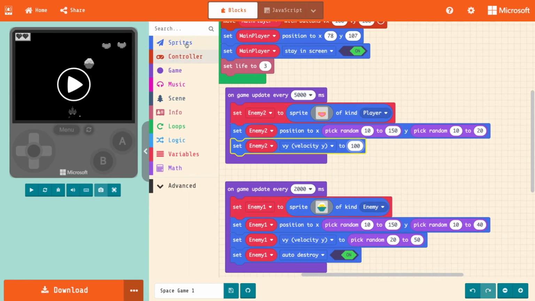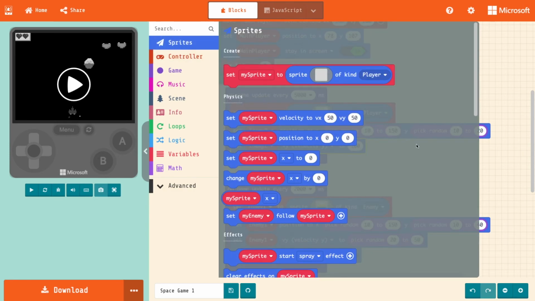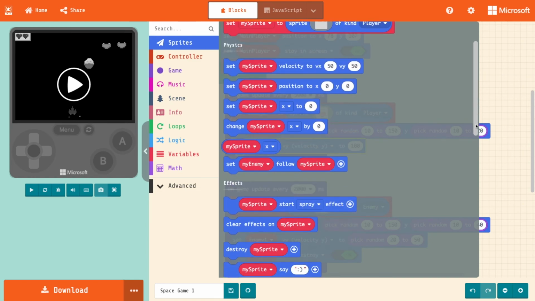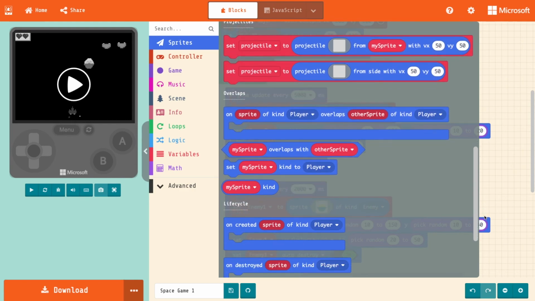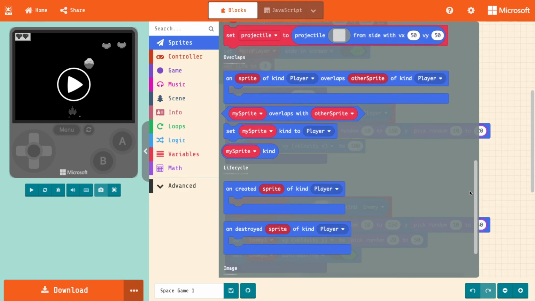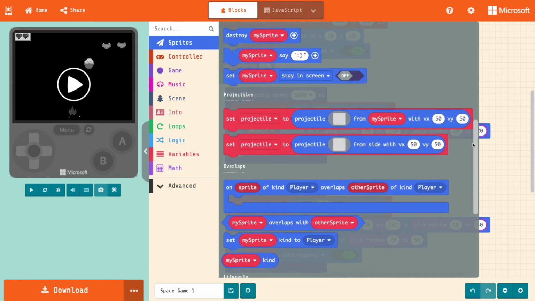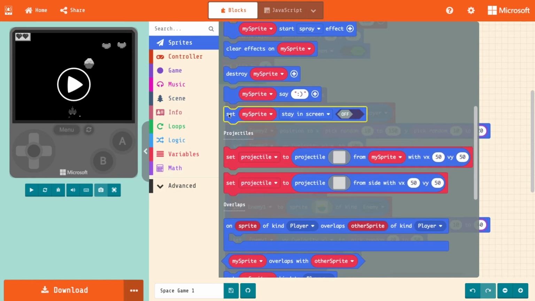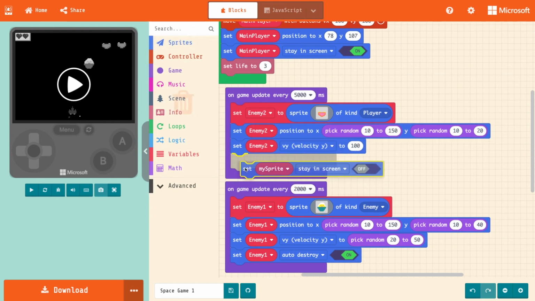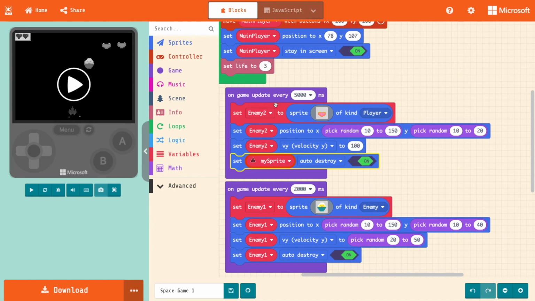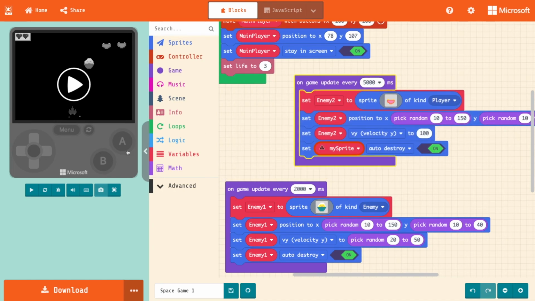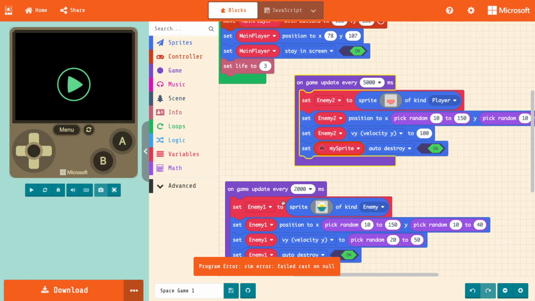And then don't forget, now we need the auto destroy on as well, so that when it goes off the screen, it's going to destroy. So if I just scroll down here, find my auto destroy, I don't know where it's gone, hang on, I think I've gone past it, there it is. So set my sprite, and then set that to auto destroy, set that on, and hopefully every 2 seconds, oh hang on, I forgot to change that, look,